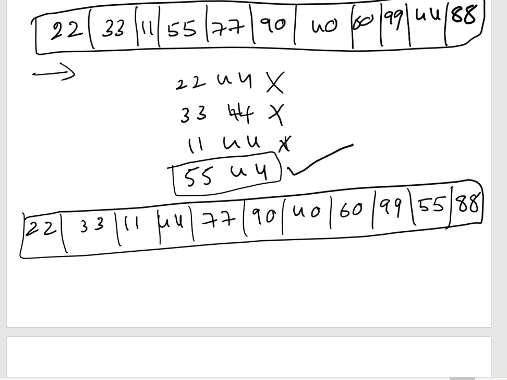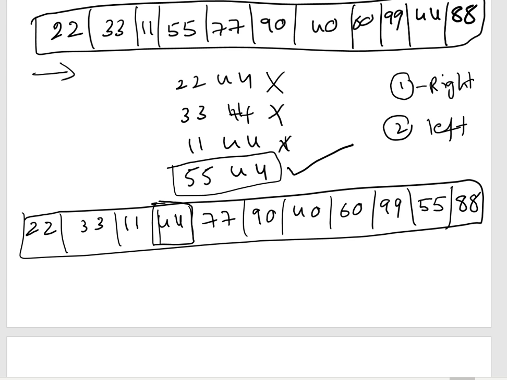So where is the pivot value now? 44 is our pivot value, right? It is here now. Now what will we do? Again compare from the right. First step, second step: in the first step we compare from the right side, in the second step from the left side. From the right side we look for a smaller value, and from the left side a greater value. Like that you compare.